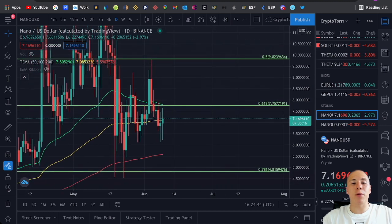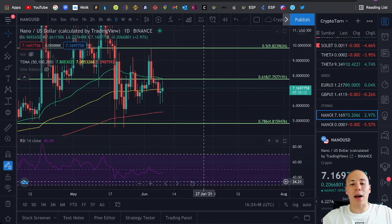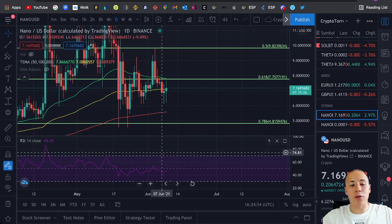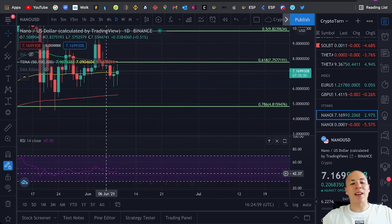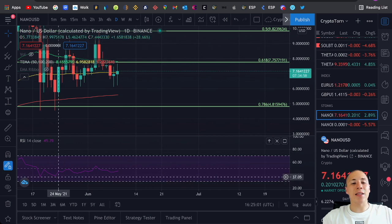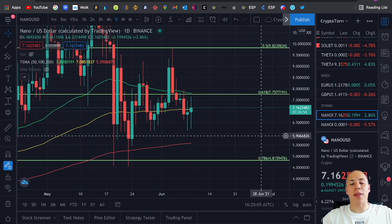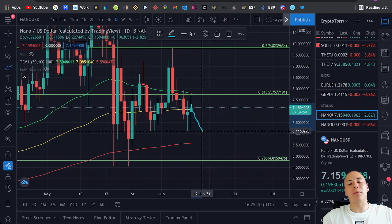Also, I would like to enable the RSI to take a look if there is still enough space to break out towards the downside, and what we're seeing immediately is that yes, there is still enough space to break out towards the downside underneath the dotted line, and we are right now trading in the middle and not seeing any type of bullish or bearish divergence getting created. So for sure, I personally think that we will see Nano struggle just a little bit longer and heading down